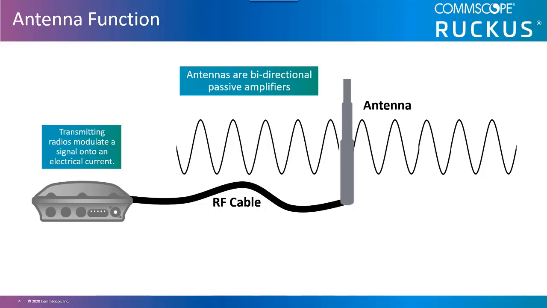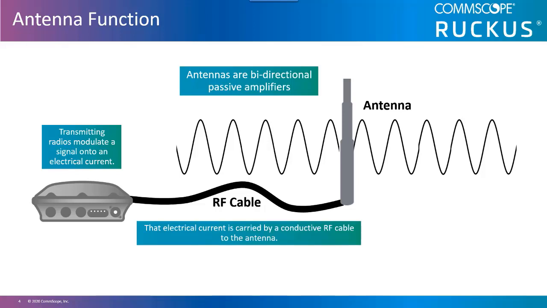The wireless radio then modulates the signal onto an electric current which passes over the RF cable, typically made of a copper core. The current then makes its way to the antenna, which generates electromagnetic waves known as radio frequency waves or RF waves. As we previously mentioned, antennas both send and receive these waves, also referred to as signals